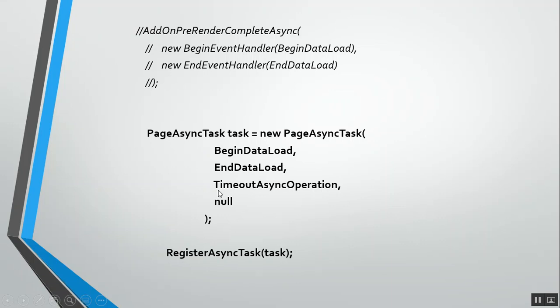It also allows us to specify a timeout for the async operation, meaning if it is not executed within a particular duration, then it should time out. The last parameter is a boolean, which indicates whether the task should be executed in parallel. For all those tasks which should be executed asynchronously in parallel, this parameter should be true. By default it is false.